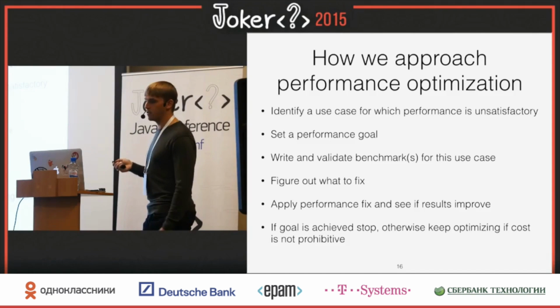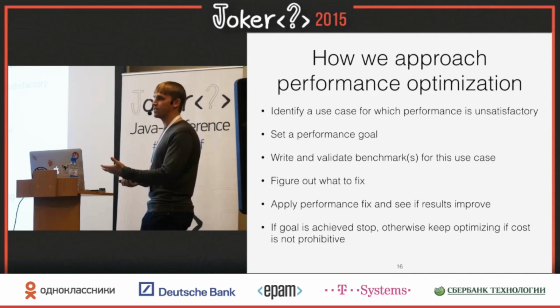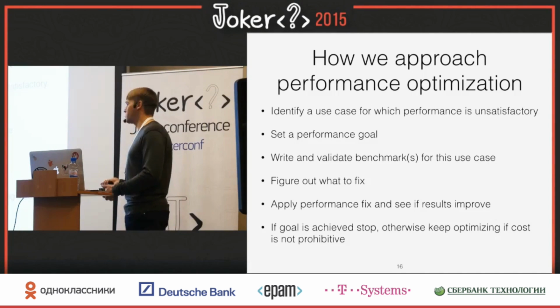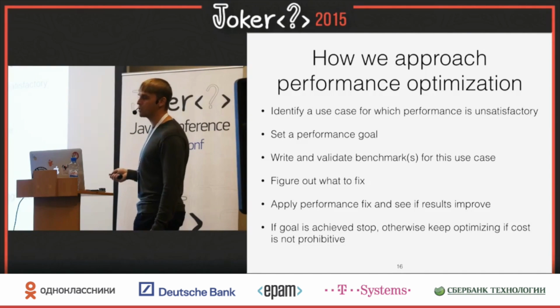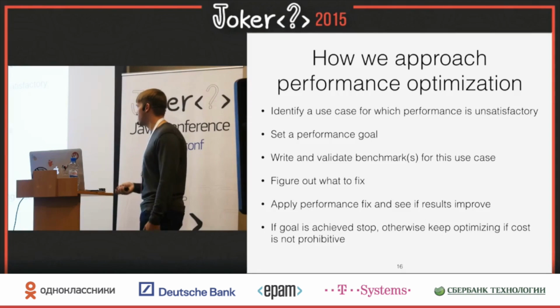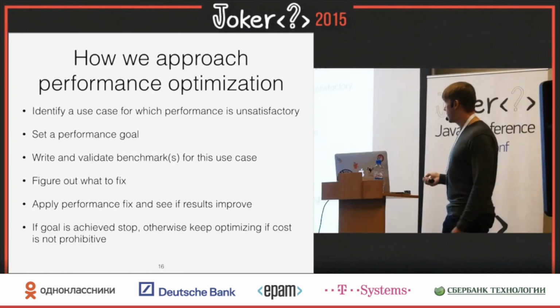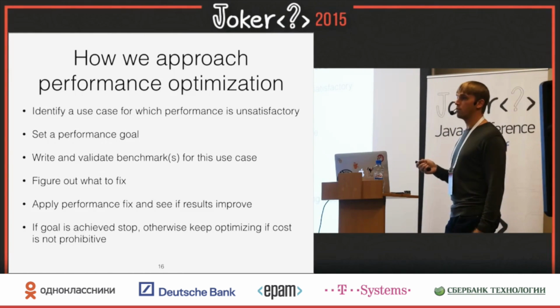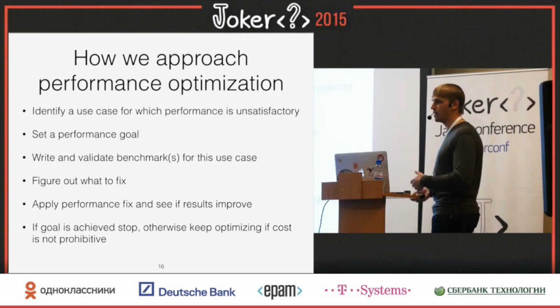This is very hard if you do a framework kind of thing, because the expectation is it must be faster and faster. You cannot just say, if I make it 2 times faster, is that enough? It might be enough for today, but might not be enough for tomorrow. But we try to negotiate at least: what is the performance improvement you want to achieve? Then you write 1 or more benchmarks to cover a use case. This is very important, especially the word more, because usually people report only one aspect. Let's say they tried it with one kind of product or, I don't know, Monday mornings and never tested on Friday dates, etc.